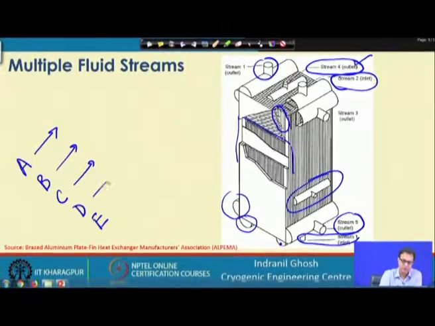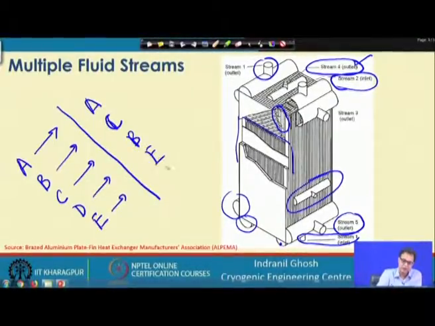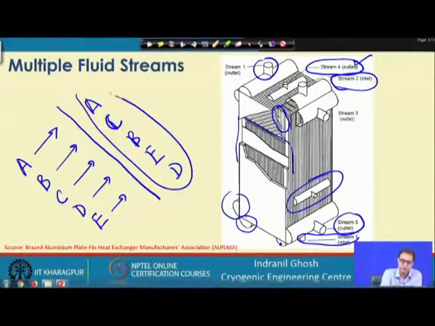That also gives some possible configurations, like whether we should go for A, C, B, E, D like that, this combination, or we will arrange them in a different combination, and how this layer stacking pattern works, we will discuss that part sometime later. So, when we talk about this kind of plate fin type exchangers, now